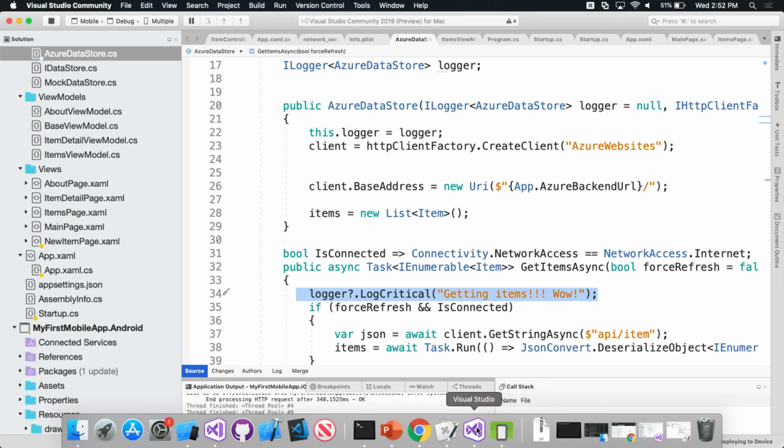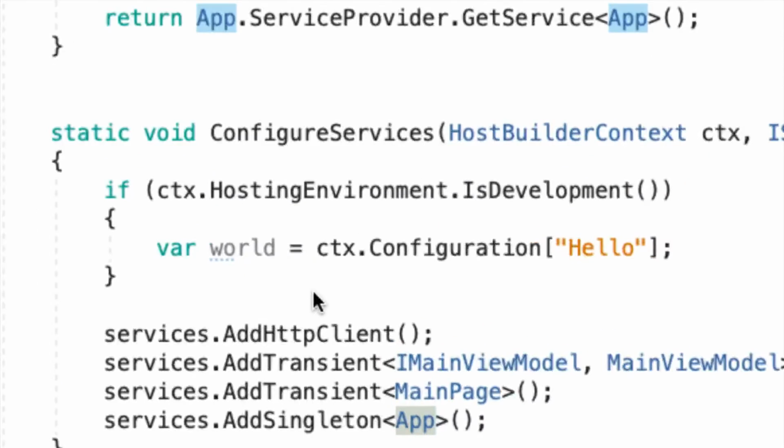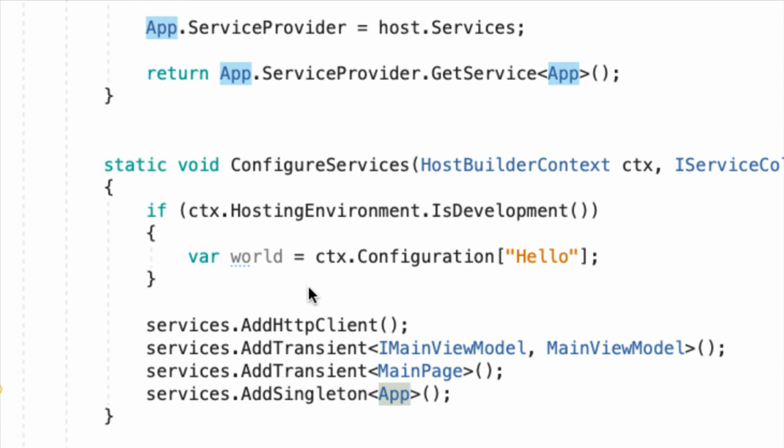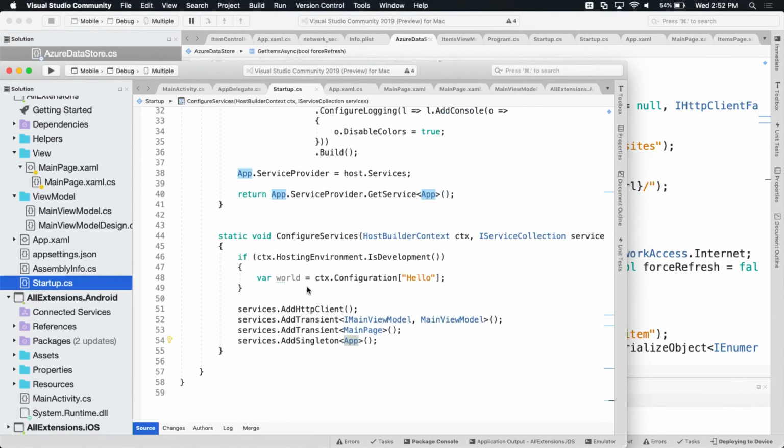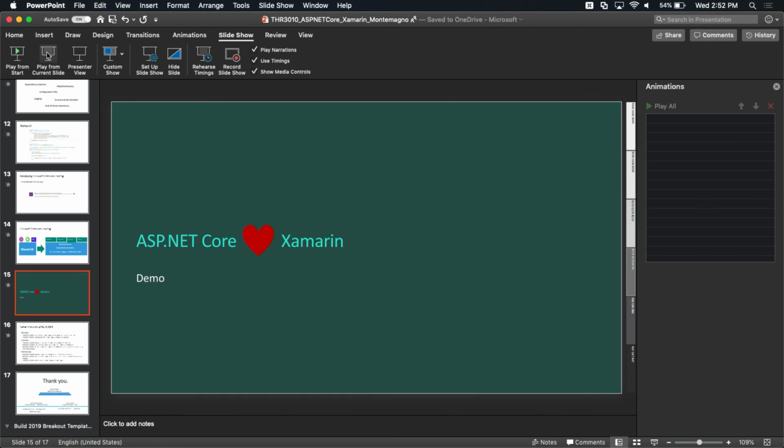Now what's cool here is that everything I've just shown you is on my GitHub, and I have another application that actually injects the entire page. I'm not going to have time to run it here, but I'll run you through what I did. I register a view model, my entire page, and my entire app. And I do DI all the way up to the top level, which is absolutely bananas. So at this point, you should be able to just construct or inject basically every type in your app.